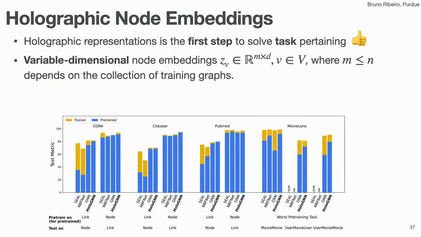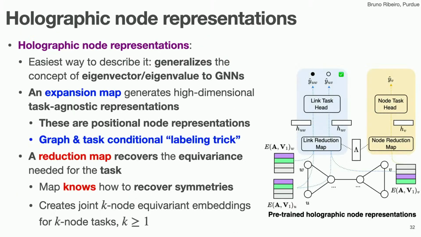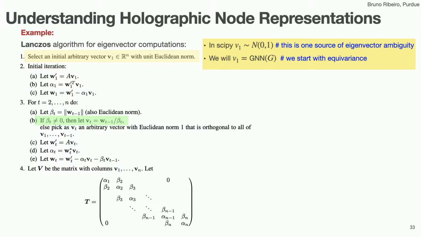So now what we have is that these embeddings are all positional, and the reduction map can predict links and node representations. These embeddings can later be used in other tasks, higher order or lower order than what you have trained on. For instance, we train on just node and then use the embeddings to predict link. Or we train on link and then use embeddings for node. We train on node and link and try to use them for higher orders, like 3 or 4 nodes.